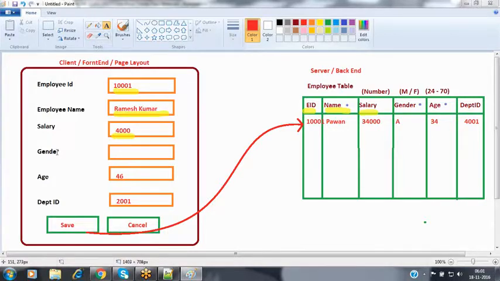By using Apex, I want to create multiple records. It may be 10 records, 20 records, 100 records, 1000 records, 1 lakh records, or whatever. By using Apex programming, I want to create hundreds of records, or even millions of records, programmatically.